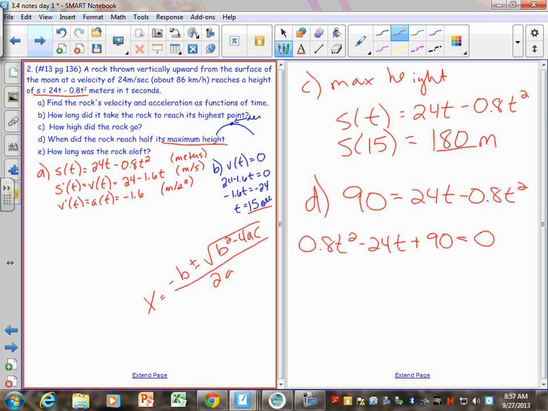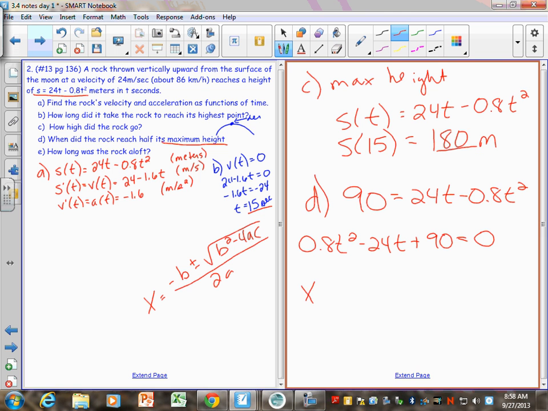And it's just plugging in your calculator, but it doesn't work out so nice. Like, it's going to be a decimal answer when we do this. And so you just would plug it in, and we would say 24 plus or minus the square root. I'm just going to put 24 squared. Some people always say, why didn't you put negative 24? Because it's always going to be a positive, and don't make a mistake with your negative, so I don't ever put the negative there. Minus 4 times 0.8 times 90, all over 2 times 0.8. And my suggestion is type everything under that radical in your calculator at once so you don't make a mistake.